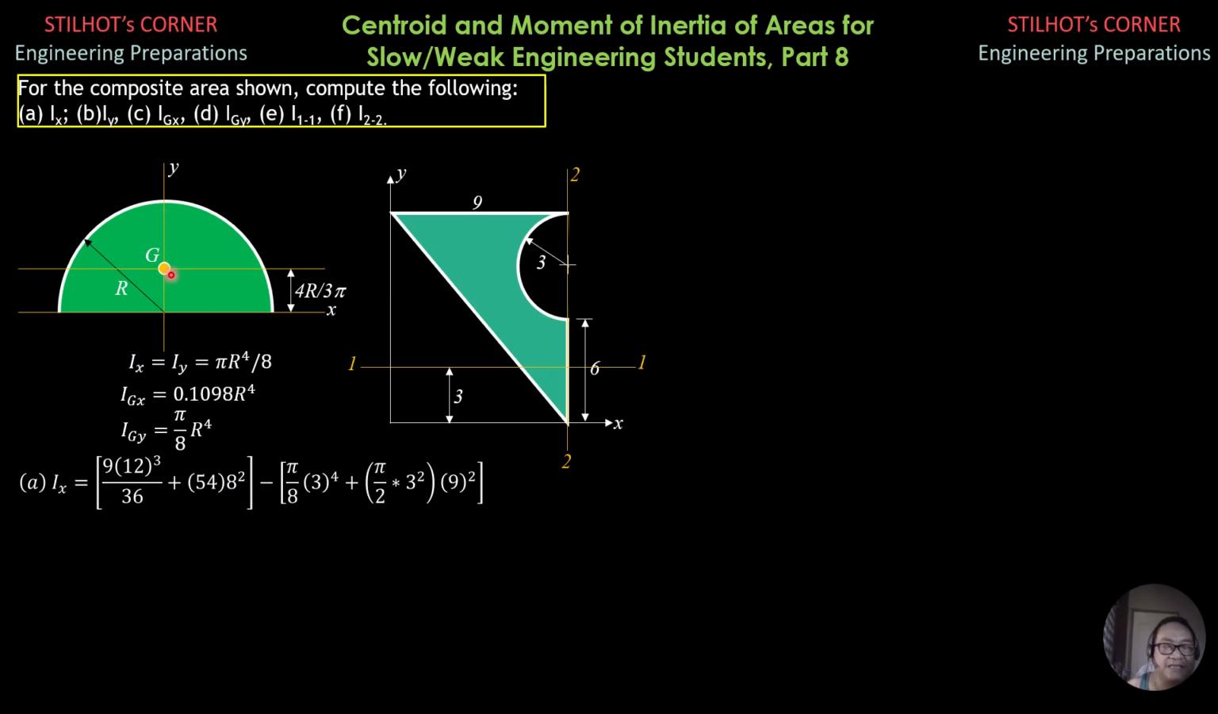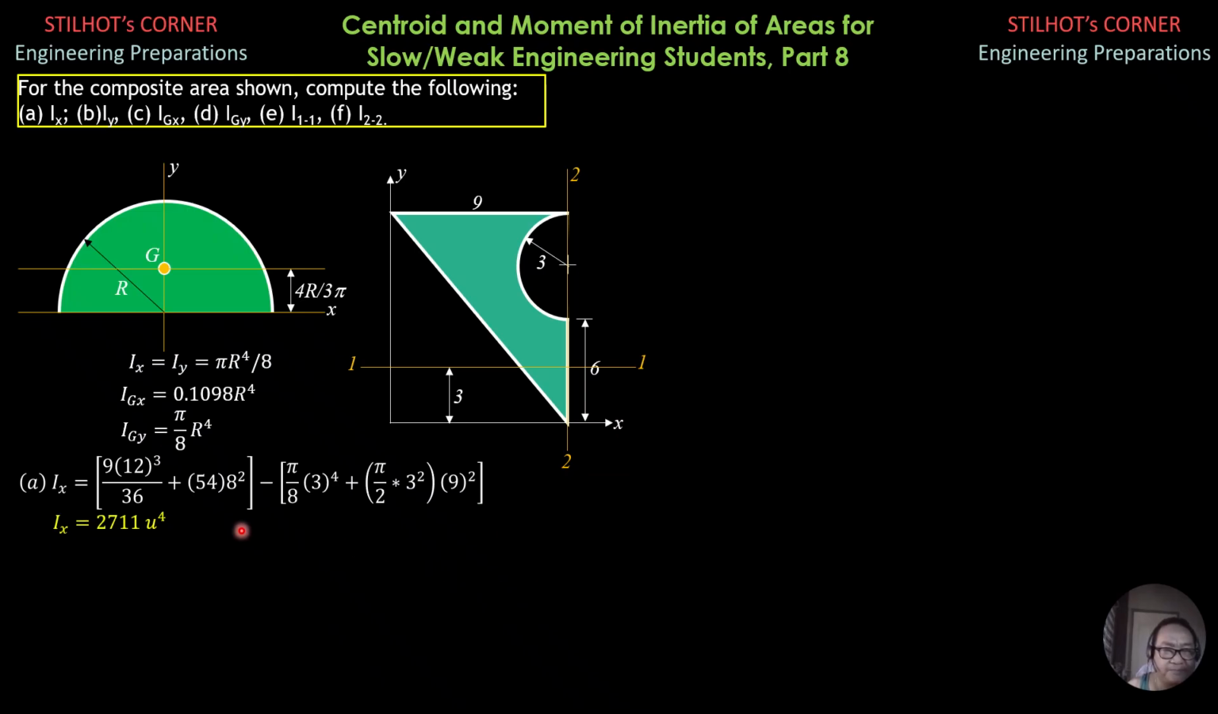This is the x-axis if the semicircle is rotated 90 degrees counterclockwise. So this would now be the form. This is supposedly Iy, but in this case it is Ix. The formula is the same, pi over 8 radius to the fourth, then plus the area of the semicircle, which is half of the area of the circle, pi over 2 times 3 squared. The distance of its centroid to the x-axis is 6 plus 3, 9. So 9 squared. Calculating, Ix is 2711